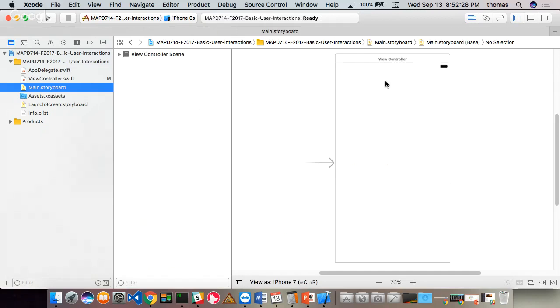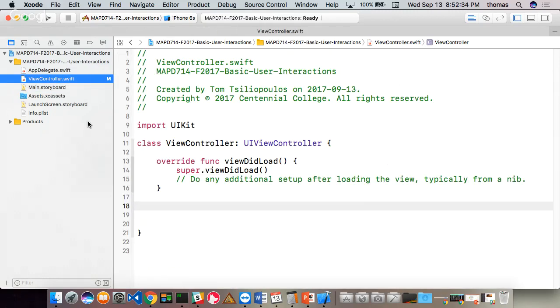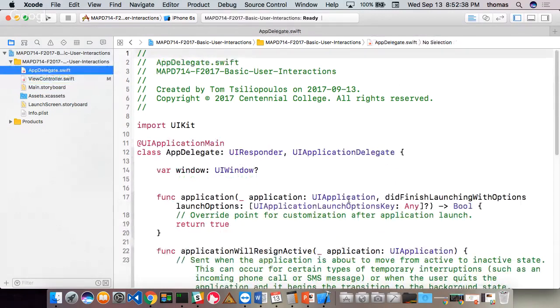Last week we did this Hello World label. The storyboard is connected to my view controller. That's what it does. But the app delegate, what the heck is that? You can only have one UIApplication object every time you make an Xcode project. That's your app. And what your app delegate is, is a series of built-in methods that trigger for my application